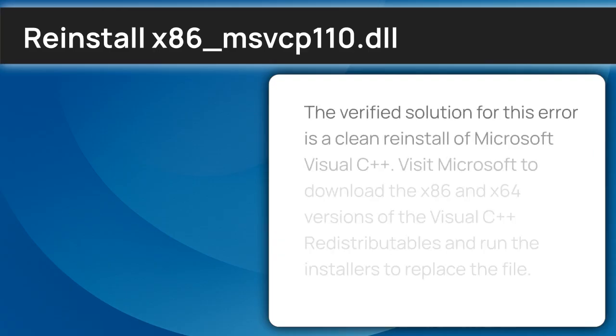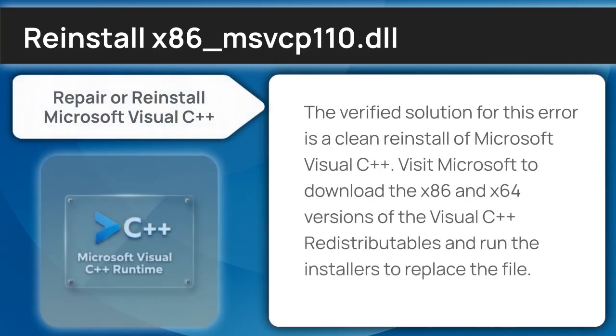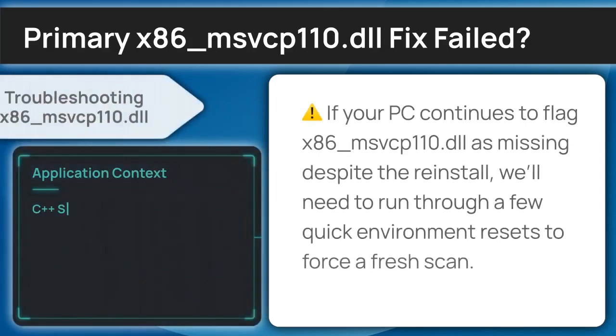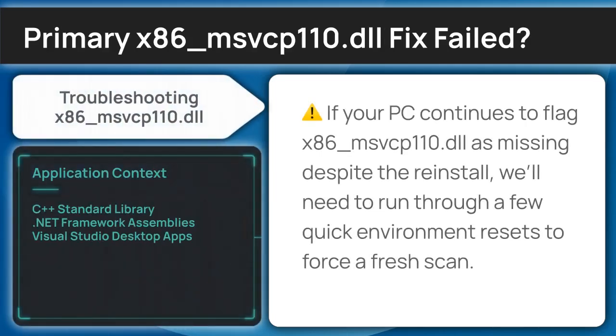The verified solution for this error is a clean reinstall of Microsoft Visual C++. Visit Microsoft to download the x86 and x64 versions of the Visual C++ redistributables and run the installers to replace the file. If the application still won't initialize, we need to shift our focus to how the Windows loader is